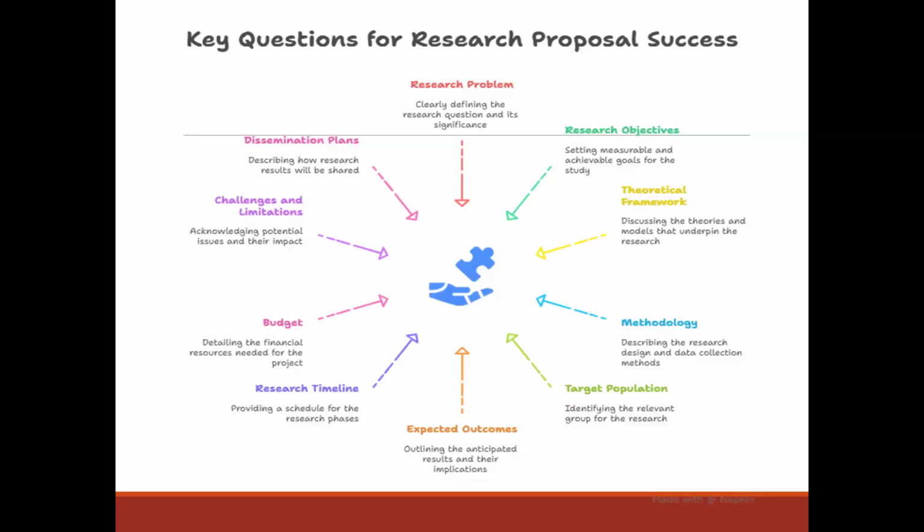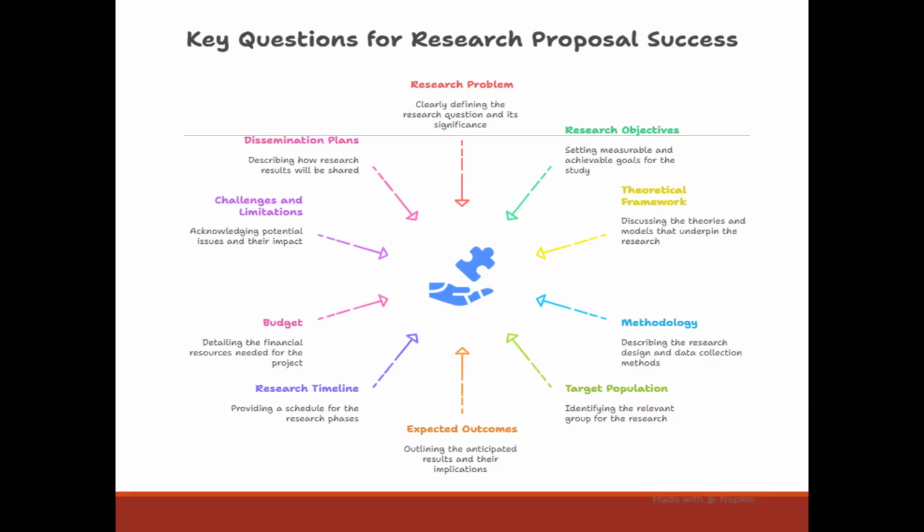Then the objectives, which of course will draw from the problems, and the theoretical framework, which is most relevant for the social scientists. So we need to see the theories and models that underpin the research. When you are doing your theoretical literature review, you review 3 or 4 different theories, and then you tell us, I understand theory A, theory B, theory C are related to this research, but my research is underpinned by this specific theory. Sometimes you find people have 2 theories informing their work. So these are the things.